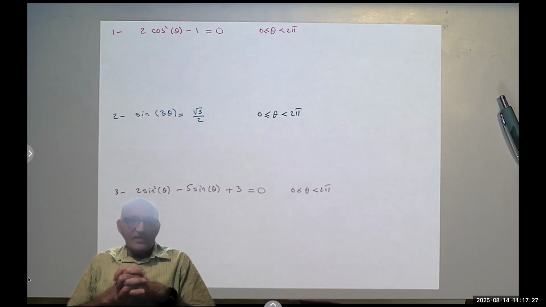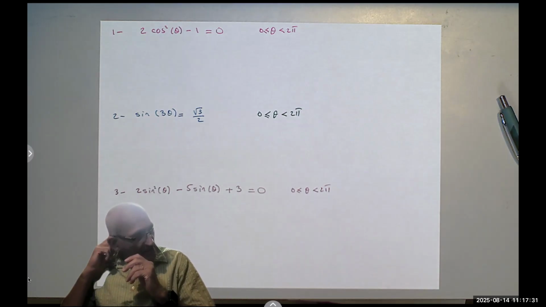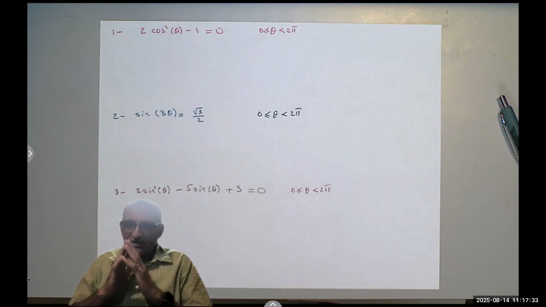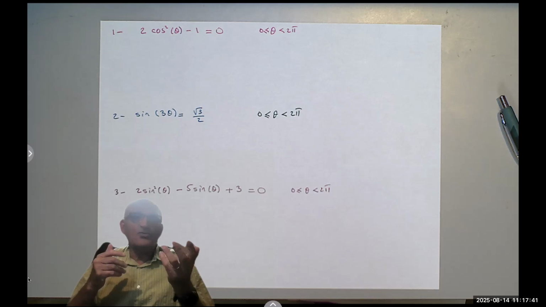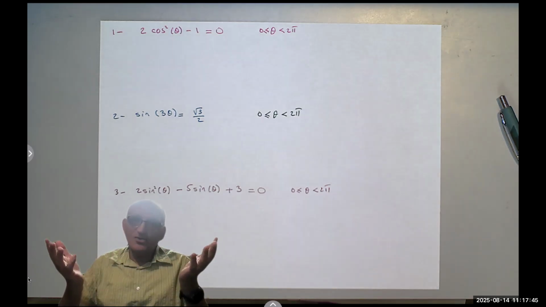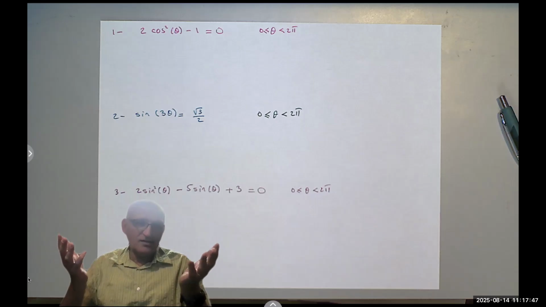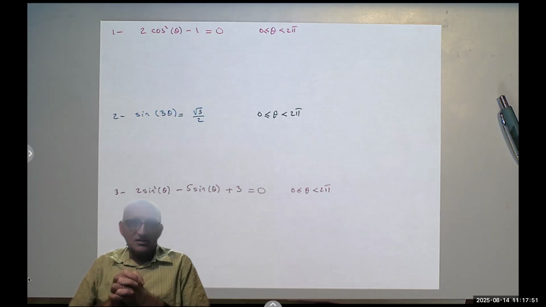Before we start solving these types of equations, I want to draw your attention to something. Usually, when we solve a linear equation, we get one answer. If we solve a quadratic equation, we get two answers, and so on and so forth, right? However, in the case of trig functions, you have to be very careful because,